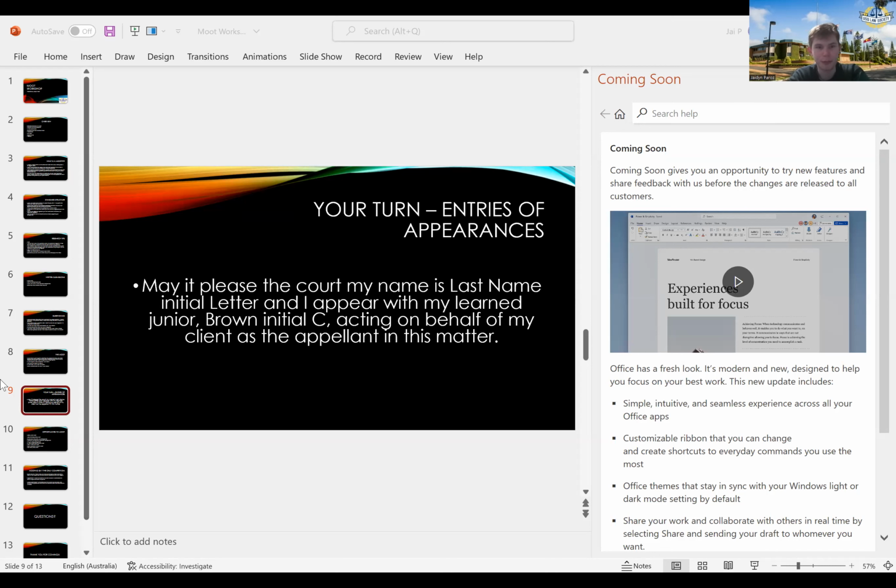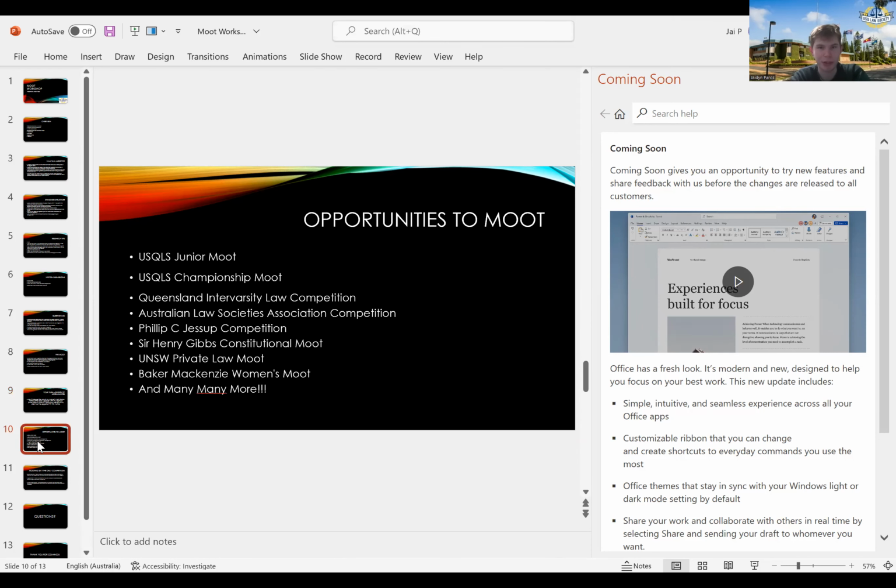So it's pretty simple. Just some other things I'll quickly run through as well. You have other opportunities to moot, so it's not just the junior moot, you have the championship moot. There are lots of Australia-wide ones, like WILC, which is Queensland-wide. The ALSA competition, which is the national titles, which I recently got to judge at, which was cool. The Jessup competition, which is a prestigious international comp. You'll need to talk to Anton Levin about that. He will tell you millions of things about it, but essentially, if you win the Australian rounds, you get to go to Washington, D.C. and moot in the Supreme Court over there.